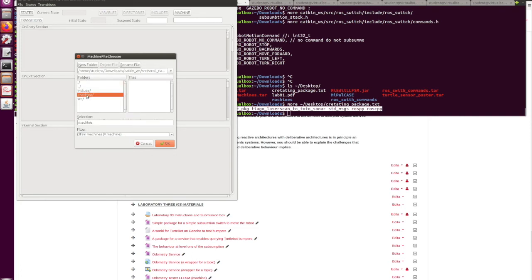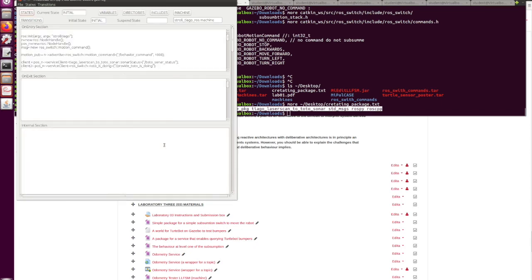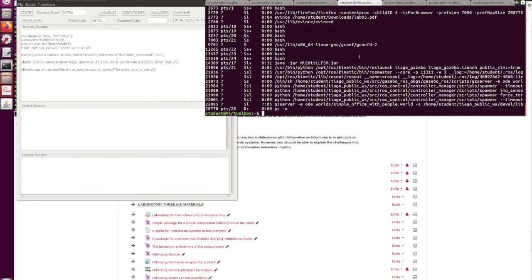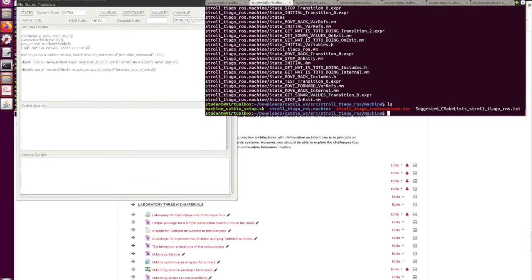In the package you create the machine directory, and this machine will be provided to you. So for example, we open it, you see here the initial state. It's important to see that this machine takes sensors from two parts. One is a simulation of the Toto sensors, and the other one is the actual switch to know what the robot is doing. So I invite you to explore the machine. I'm going to make a little change. This change is not changing the structure, but it's just to show you that if I make a change, I need to